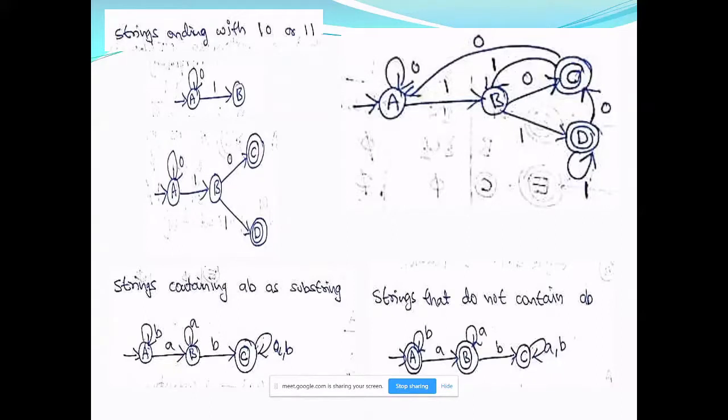Somebody has posted a question. Is it necessary to have a transition on every input symbol of sigma on one state? Yes, exactly. When this is a DFA, that is deterministic finite automata, this is required. For every input symbol, you should have a transition. Then only we say it is a deterministic finite automata. There are other variations of FA that we will see later. But for DFA, it is required. It cannot crash in the middle. It has to continue and it has to take the decision at the end of the input.